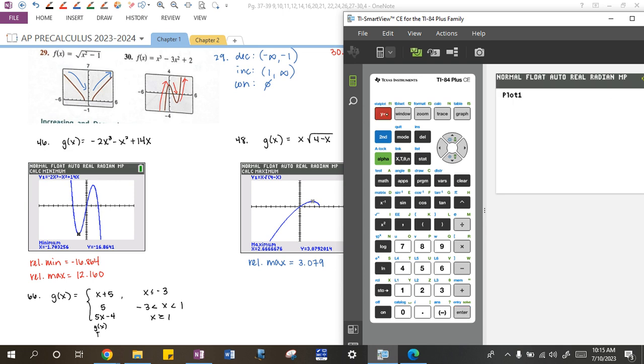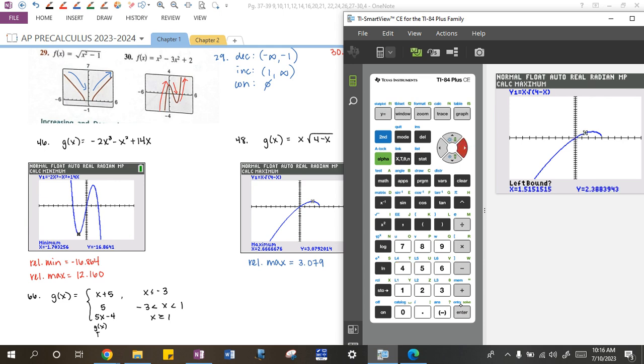Okay, and then for 48, clear out the old equation. This one is x times the square root of 4 minus x. Let's just press graph on that one. So here I can see it looks like there's a relative maximum somewhere here where we change from increasing to decreasing. So second trace, maximum,